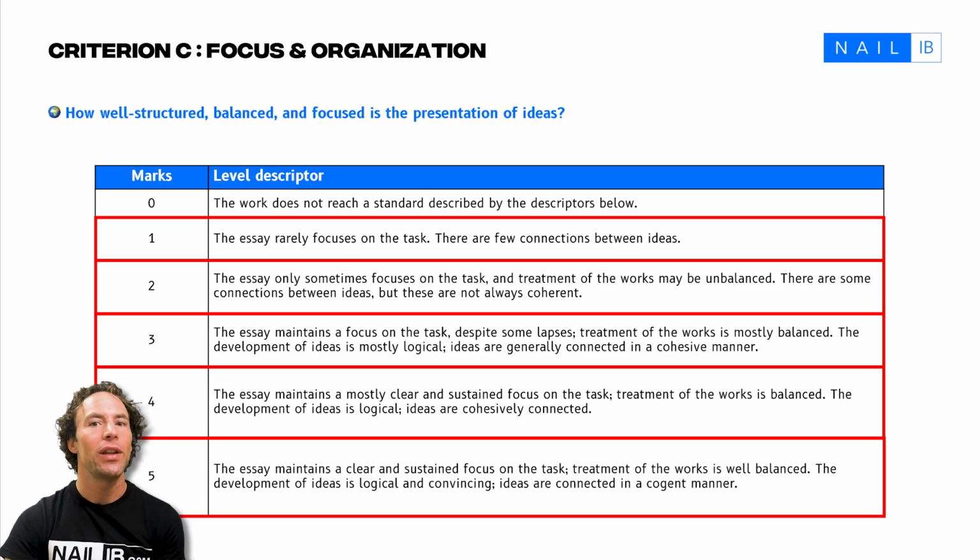Criterion C is essentially the blueprint that guides us through the process of organizing those thoughts and ensuring that the argument is coherently connected and perfectly directed. The point from IB are how well structured, balanced, and focused is the presentation of ideas, and that's the rubric. So here, you are really required to hone your ability to construct those balanced arguments where each idea is given appropriate weight and appropriate consideration. You develop those skills to really connect thoughts cohesively, and you manage to make sure that the essay remains focused,